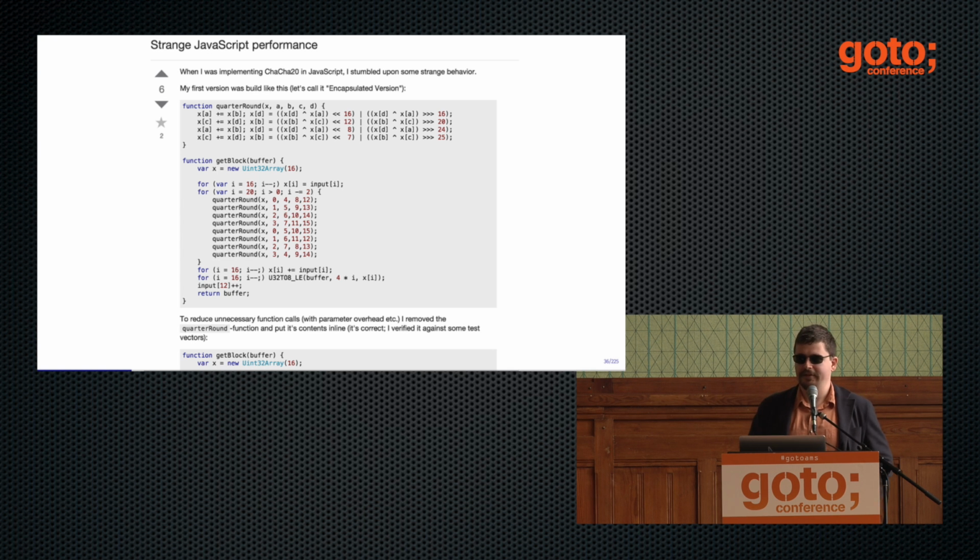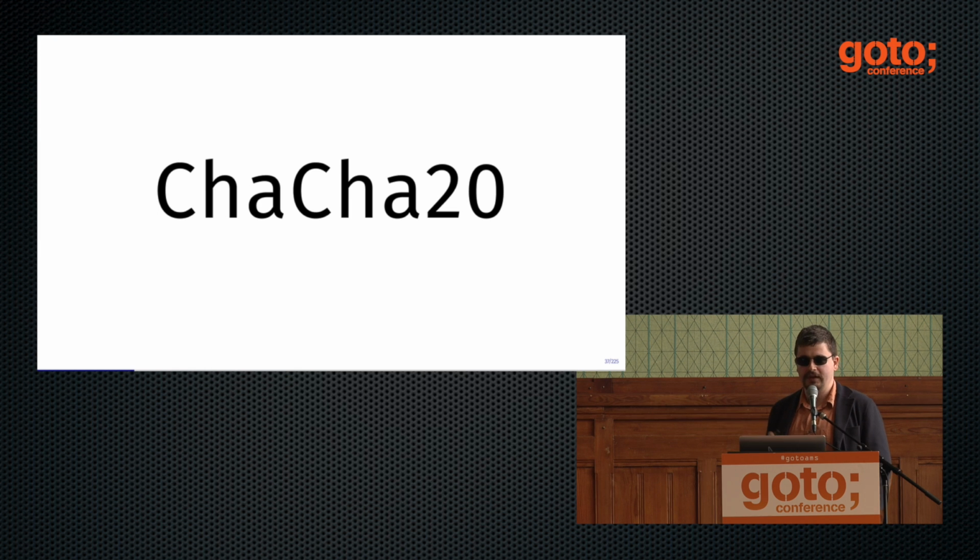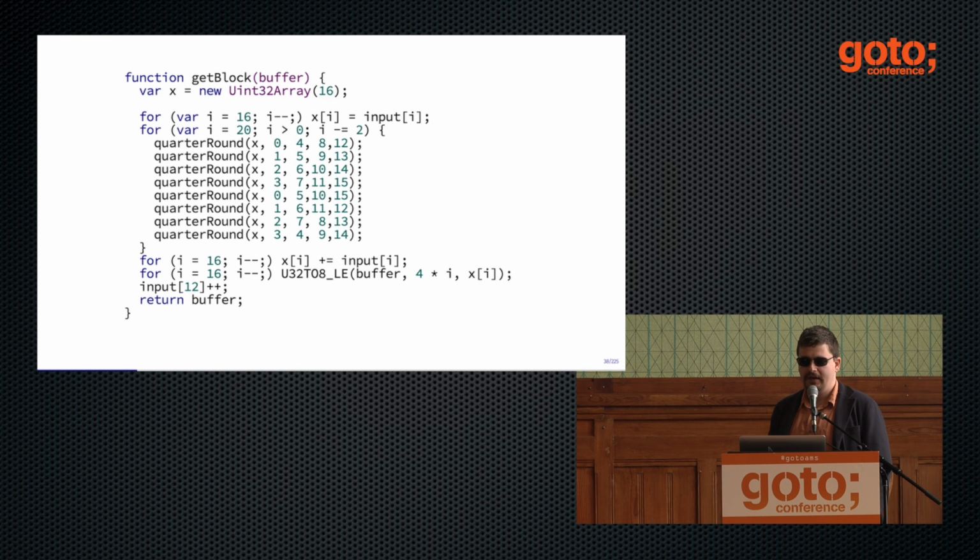Okay, here's another very interesting example from Stack Overflow. Somebody wrote a ChaCha20 cipher in JavaScript, and it does not matter what ChaCha20 is. It's just some number crunching stuff. That's essentially the main part of ChaCha20. There is a helper method called QuarterRound, which is called a lot of times in the loop. The person who asked the Stack Overflow question was curious: what happens if he takes the implementation of this QuarterRound and inlines it into the function that calls it?